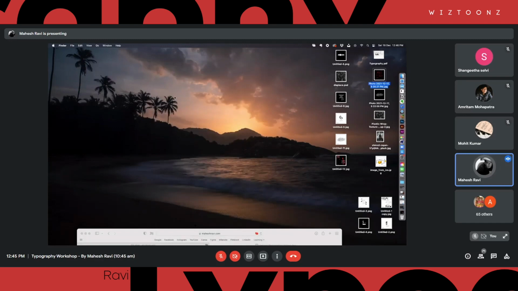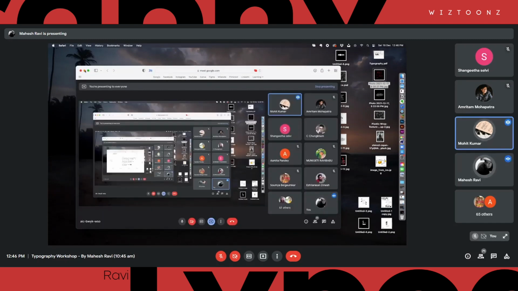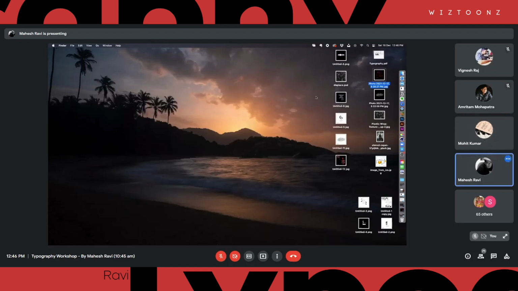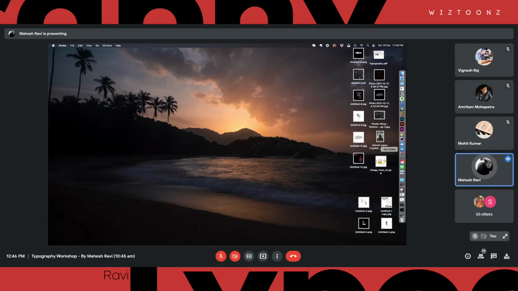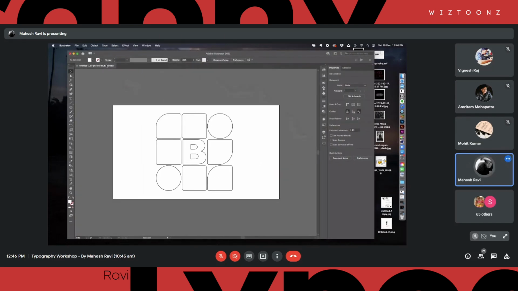What are the 3D applications out there that you know of? Maya, Blender, Cinema 4D. Okay, cool. I think you have worked on this as well, a couple of you. All right. So we're going to use a tool called Cinema 4D for this. But before that, I'm going to go into AI, and I've created a document like this. Can you tell me what style of design this is? Geometrical. Not exactly. Blocks. No, Java. Bauhaus, right? Yes.